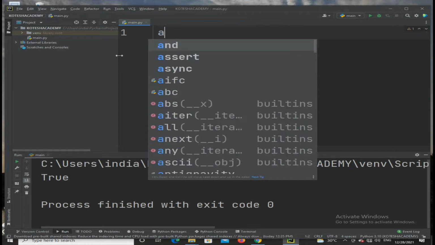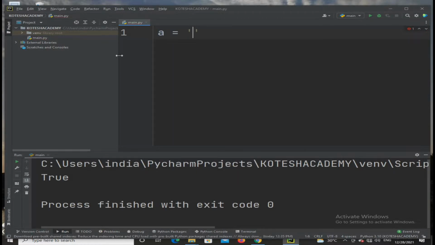For example, A is equal to academy and B is equal to Chennai, like that. Otherwise you may take a number, like simply you can take 50.